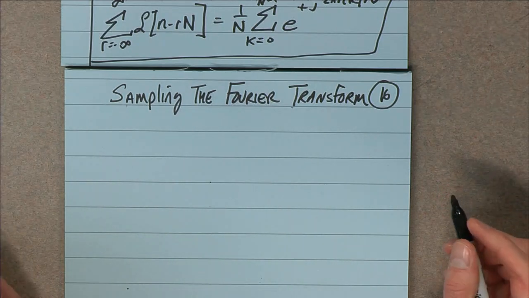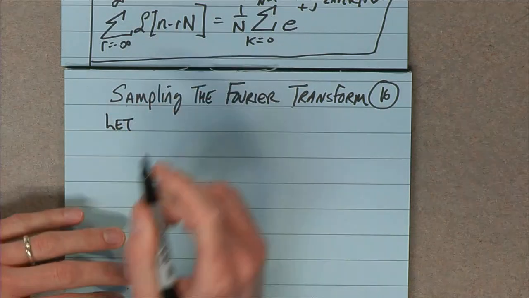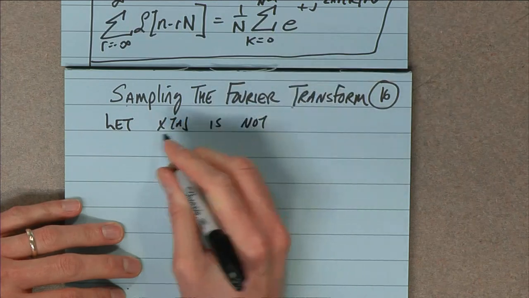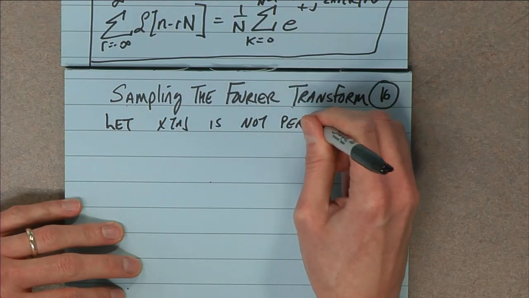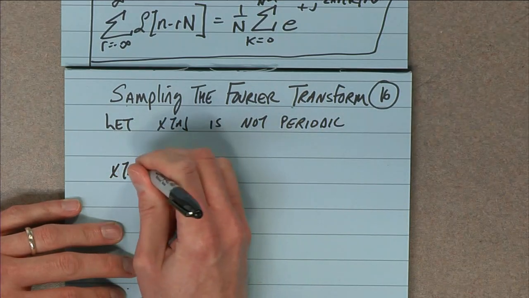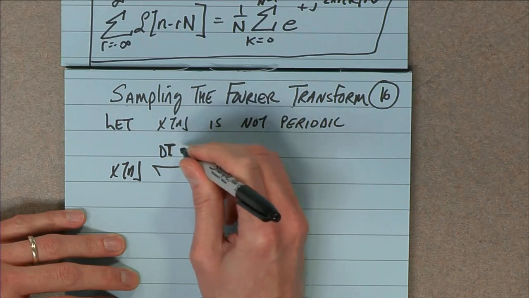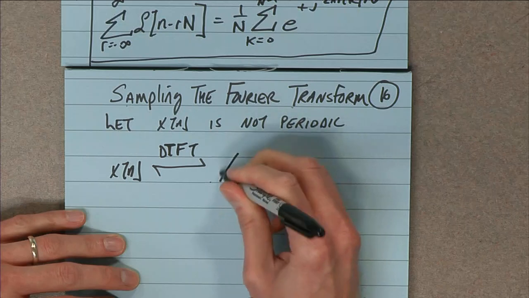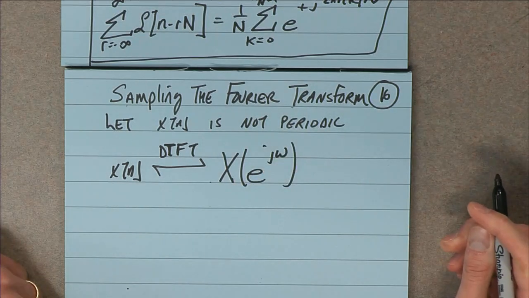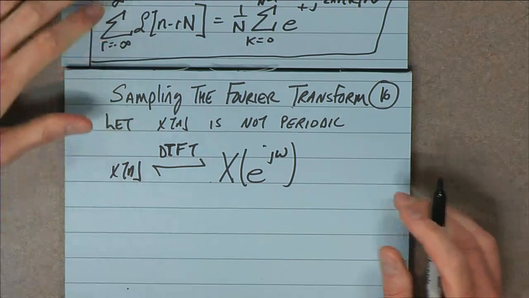So to get started, we're going to use the DTFT, and we'll go step by step. We'll say x of n is not periodic. I don't have the little tilde over it. And since it's not periodic, it has a discrete time Fourier transform, X of e to the j omega. So flashback to chapter 2. But now we're going to say, well,